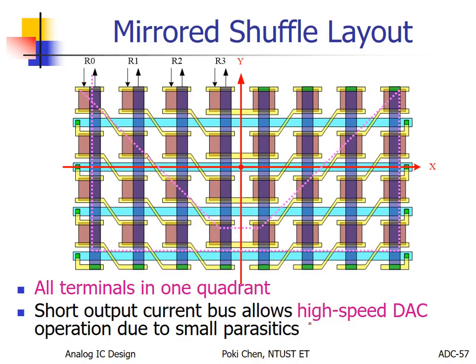Here we have the so-called common centroid layout. For common centroid layout, we can promise you, we can cancel the first order of mismatch. Okay, and before that, we called it